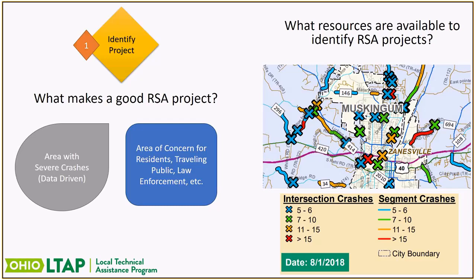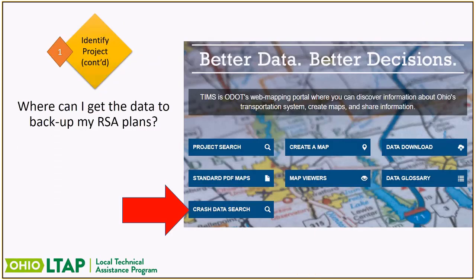Now, if you're a do-it-yourselfer, and I tend to be that at times, you can also generate your own maps, and those are available through our TIMS system. I will send you information regarding TIMS, and most specifically the GCAT portion of TIMS, which is the GIS crash mapping section. GCAT, a lot of you may remember, used to be a separate program, but it's been moved into TIMS, and we do have webinars coming up and also recorded webinars available if you want to learn more about GCAT and how to use it. It's a fabulous tool, and I definitely encourage you to take the time to learn how to use it if you're going to be doing road safety audits.